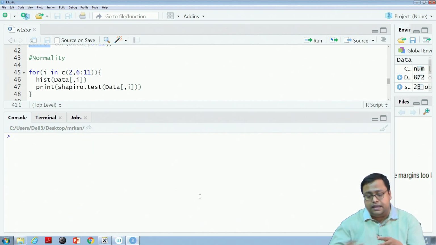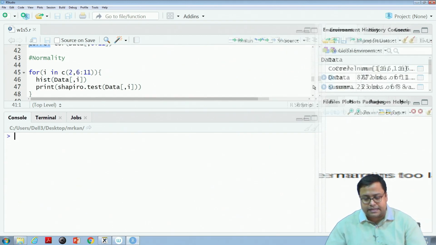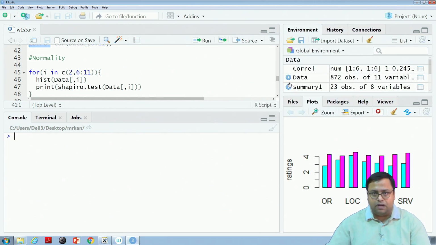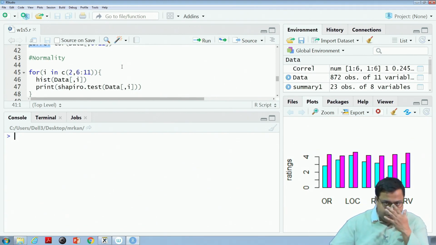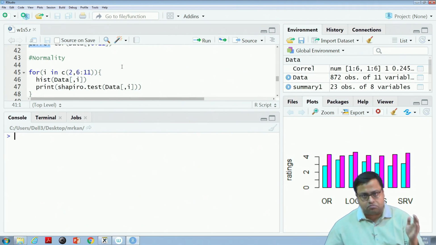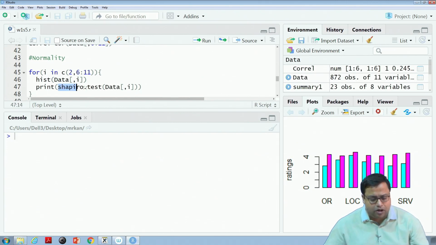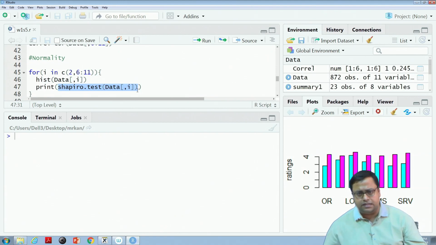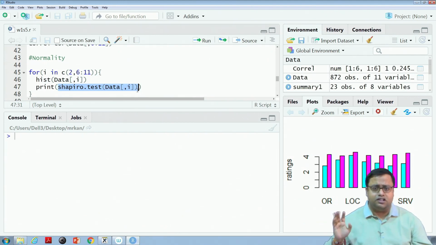Another important thing is that all the x and y variables should be normal. So, what I have to do is find out the histogram of everything from the x variables, which is 2, and then 6 to 11. And there is something called the Shapiro test, which is a goodness of fit test for normality. It checks whether it is normal or not. There is a W coefficient that it calculates; that value has to be higher than 1. If it is lower than 1, it is not normal.